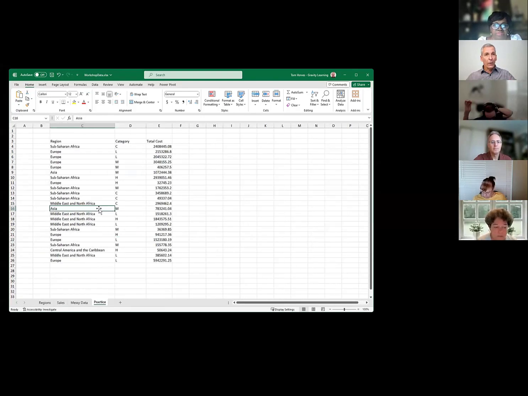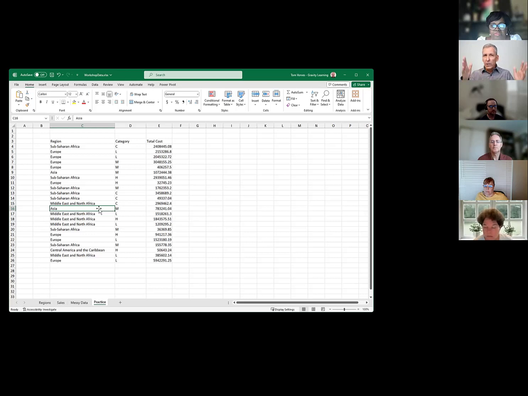My question for you now is, is the practice sheet a well-formed list? Does it qualify as a well-formed list? And Kathleen, what about having blank rows at the top? Should you eliminate them? It's an amazing, very well thought out question, because so often you'll see data come to you where the data is starting on row 1. I'm going to say that's probably the best place for your data, starting on row 1,